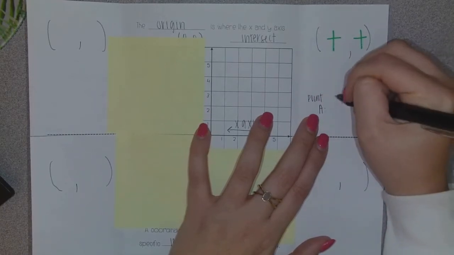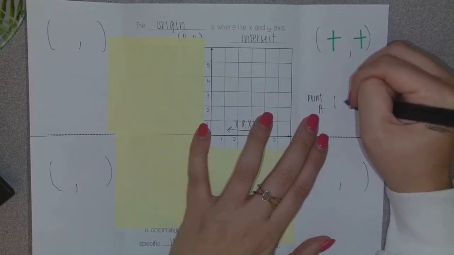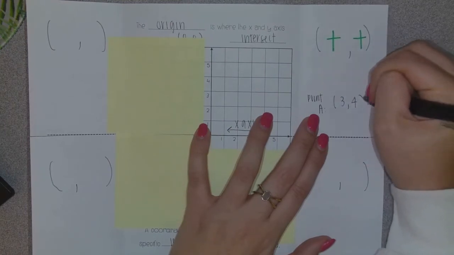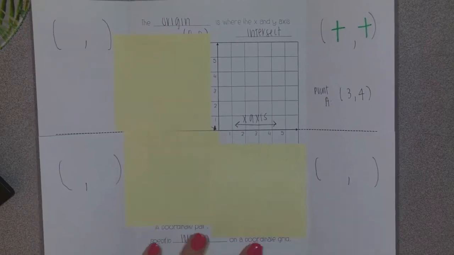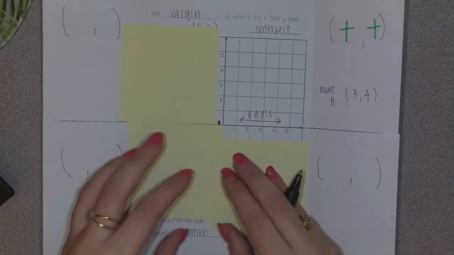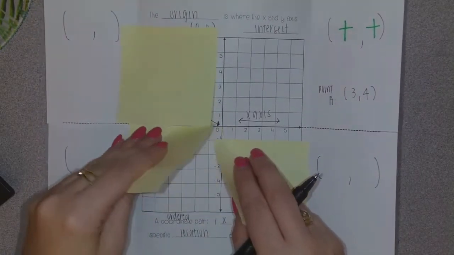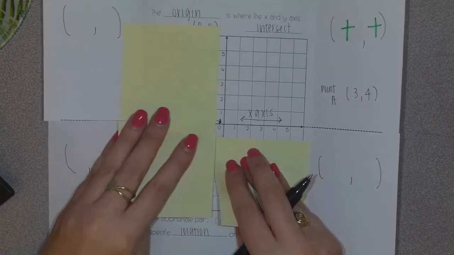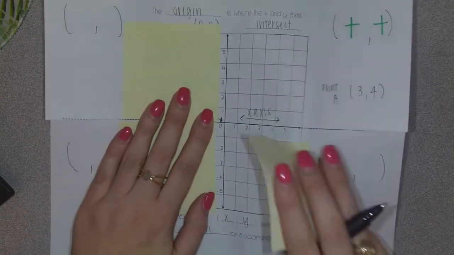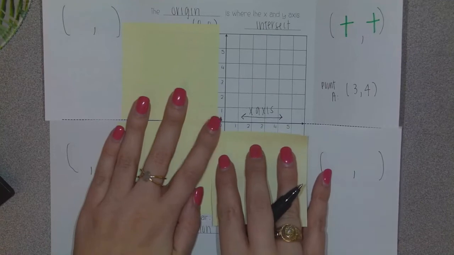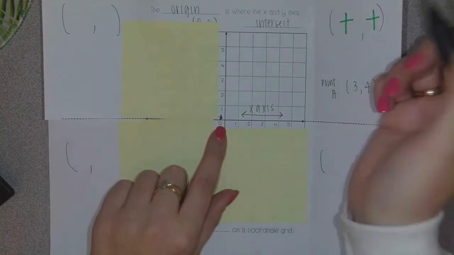So let's say, for example, we're going to create point A. And I'm going to tell you that point A is at the ordered pair 3, 4. So when I go to plot a point on my graph, I always want to start at the origin. I just realized I covered up 0. So I want to start at the point 0, 0. There we go. So if I start here,